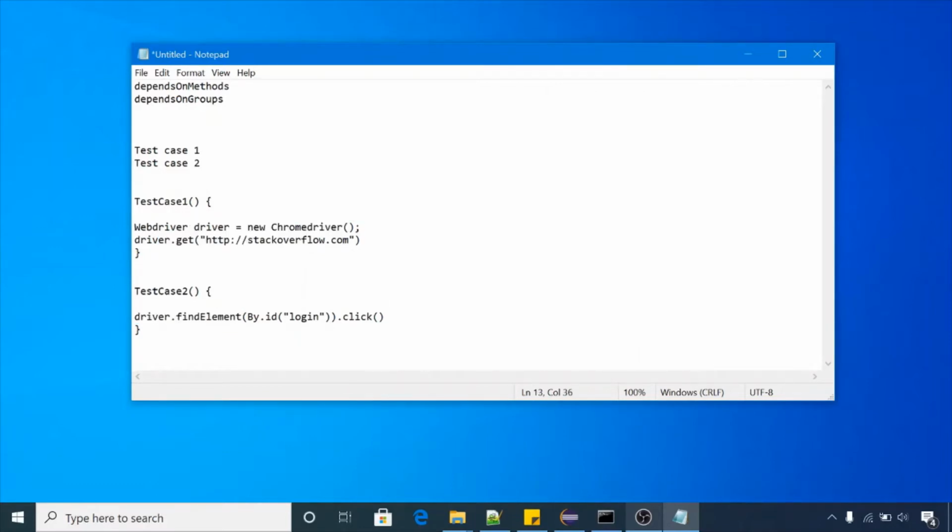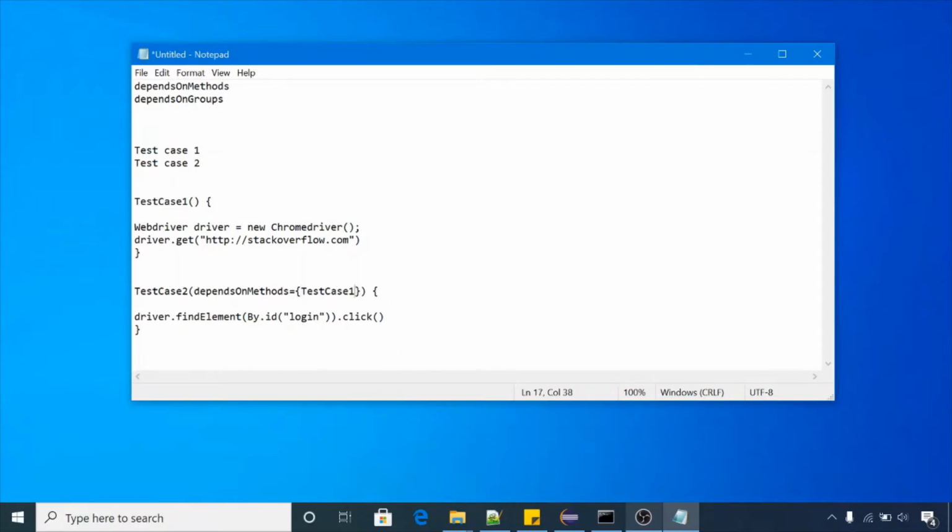To handle such scenarios, we have the dependsOnMethods feature provided by TestNG. We need to write dependsOnMethods here in this method, and you have to pass the name of the method.